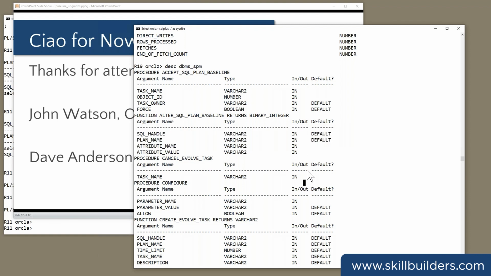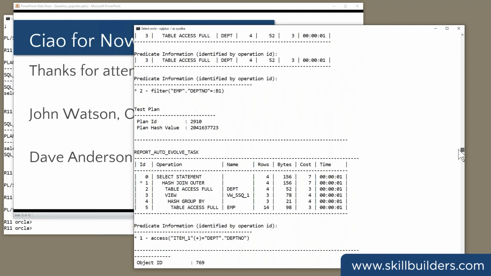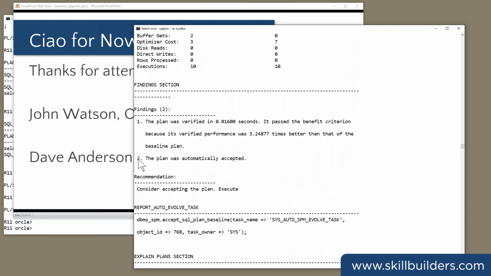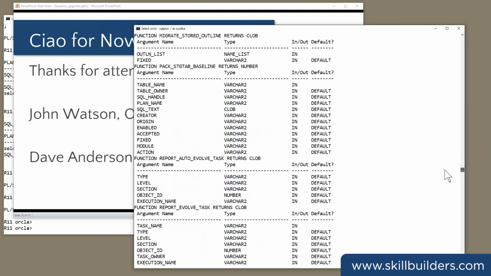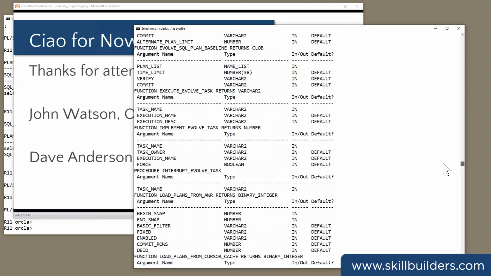It isn't parameters. It tests the statement. It looks at the statement during the evolution process, and I evolved that plan through the auto task. It was automatically accepted. It was verified automatically. You can do it manually as well through the evolve procedures, which would be